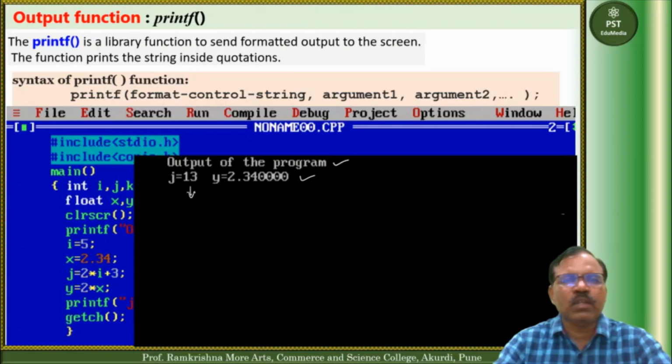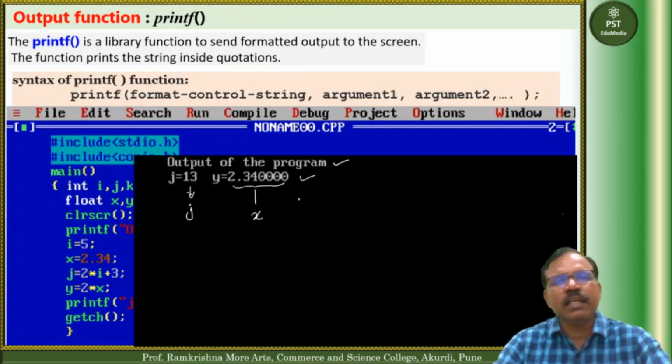This is the value of j, and y equal to this, actually this is the value of x, because we have used the argument x in the printf function. By default, 6 decimal places are printed. So this is a simple use of the printf function. In the printf function, you can use a number of arguments to print.